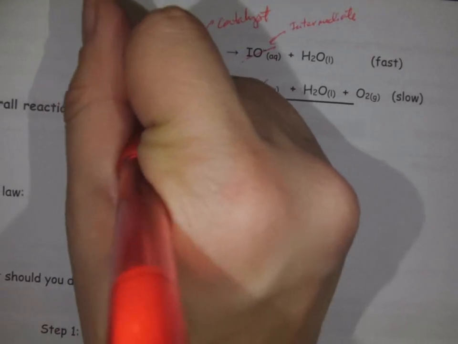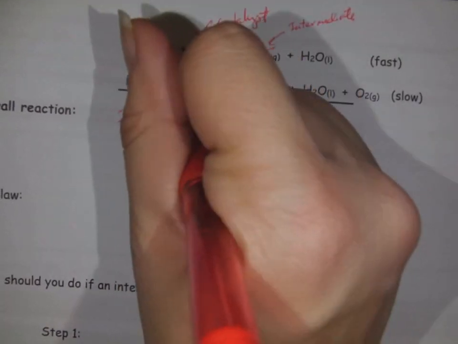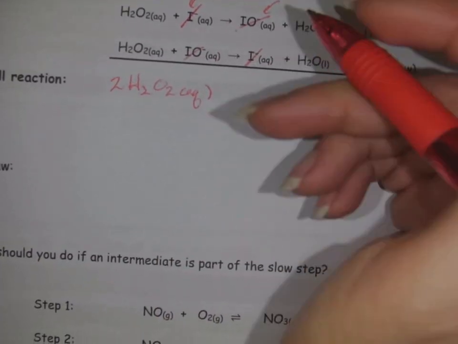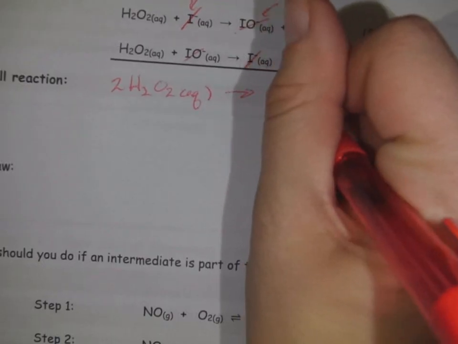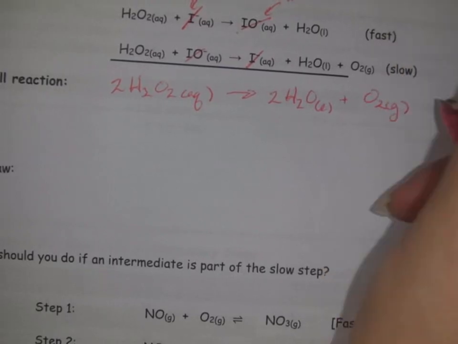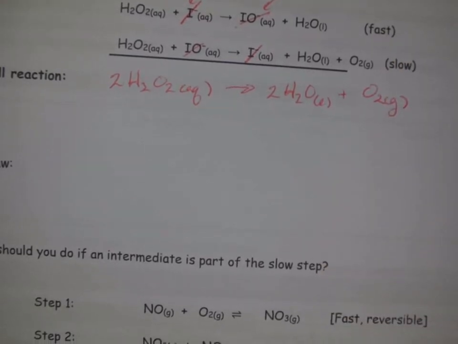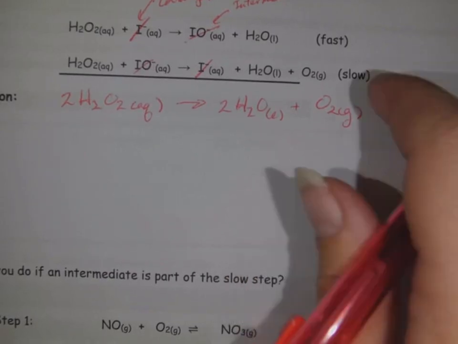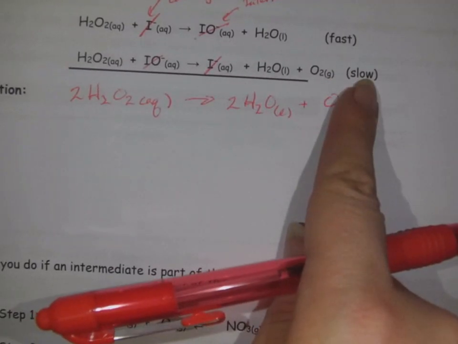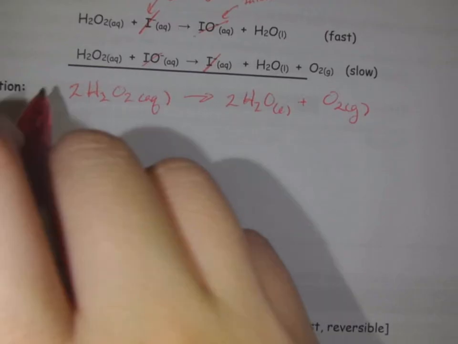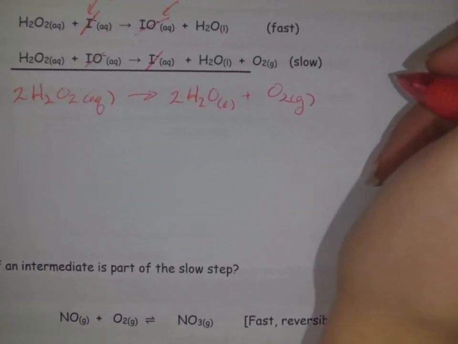So we have 2H2O2 aqueous, right? I'm adding those together. Everything else canceled on the reactant side, so that turns into 2 water molecules, liquid, and an O2 gas. Great, so that's my overall. Now, the rate law for the overall rate law is equal to the rate law of the slow step, okay? So, since this is the slow step, what this rate law has to equal